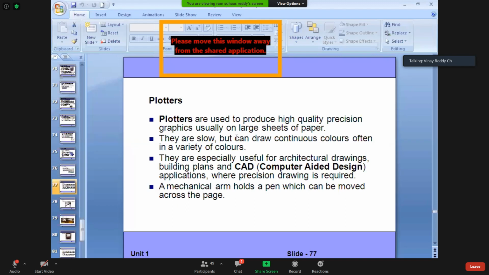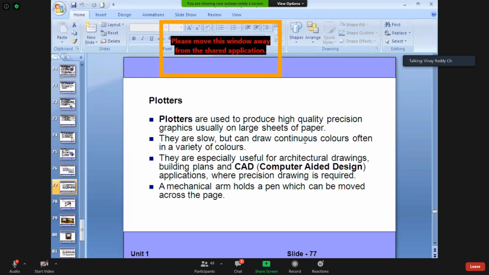Plotters. I told you, whenever you have time, go to locations like Shiva Xerox or Hari Radium. Plotters are used to produce high quality precision graphics, usually on large sheets of paper. Just go to any website for a machine drawing of a particular machine.